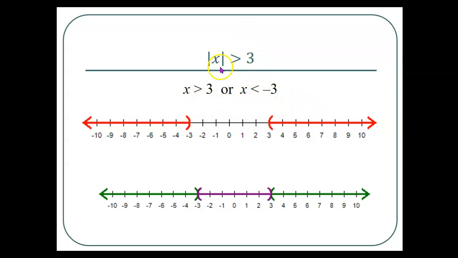So for the absolute value of x to be greater than 3, this breaks up into two separate pieces with the word or between them. X is greater than 3 or x is less than -3. We got the numbers over here that are greater than +3 together with the numbers down here where x is